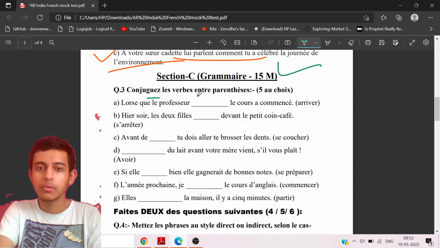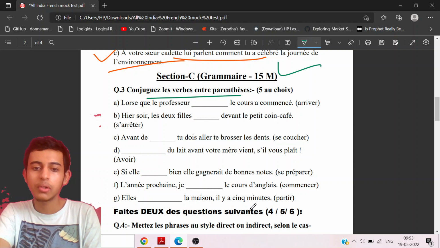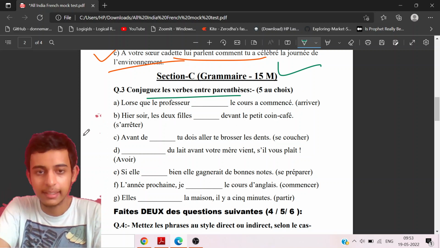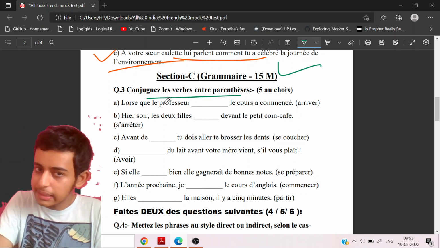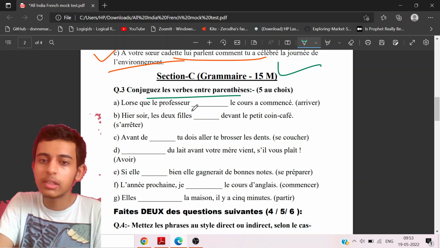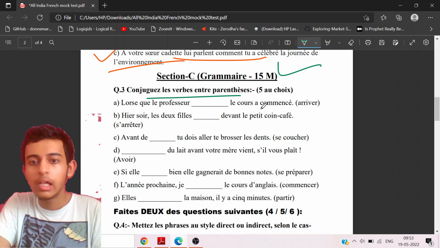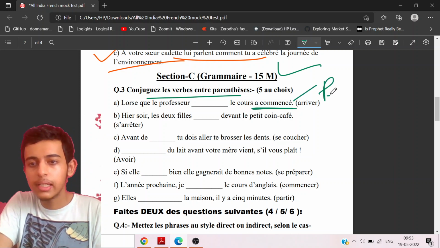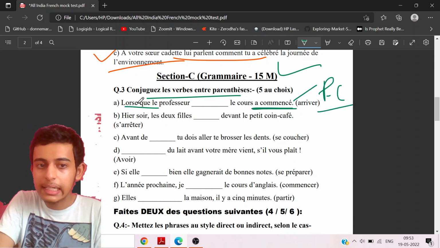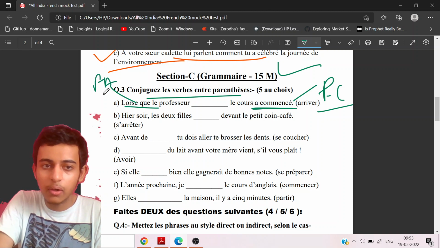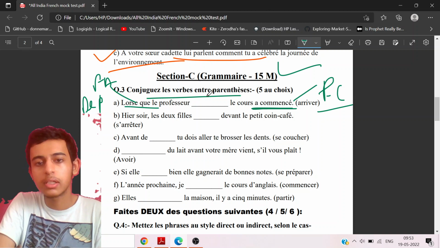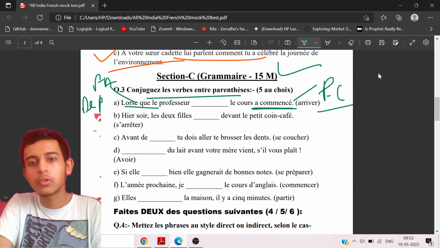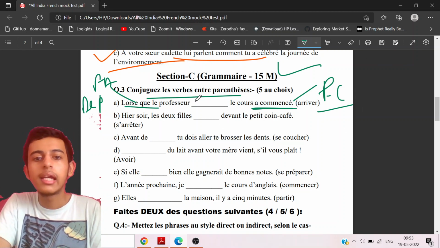Section C, grammaire, conjuguer les verbes entre parenthèses. Conjugate the verbs in the brackets. Let's understand that. I have already done the first question in my tenses session, so I'm telling the answer quickly. Lorsque le professeur dash, le cours a commencé. A commencé is passé composé, and lorsque is the tense indicator for future antérieur or plus que parfait. So since here we have passé composé, we are going to write plus que parfait. So the answer is going to be, where should I write? I'm telling you, it is going to be,